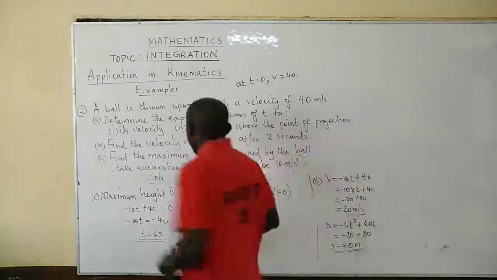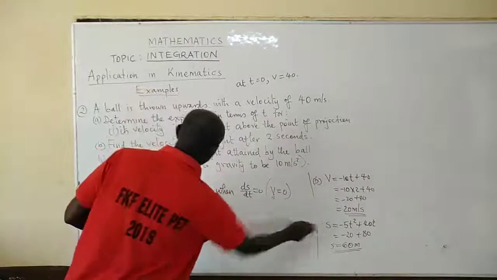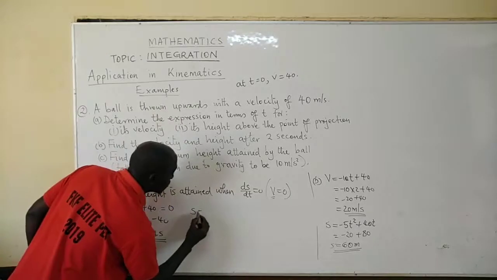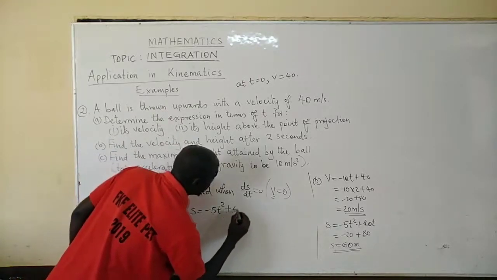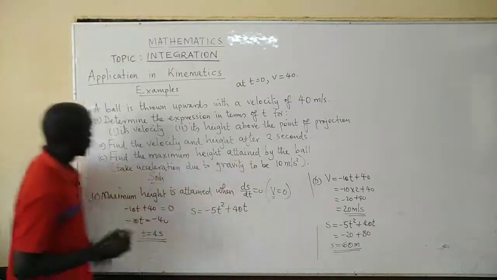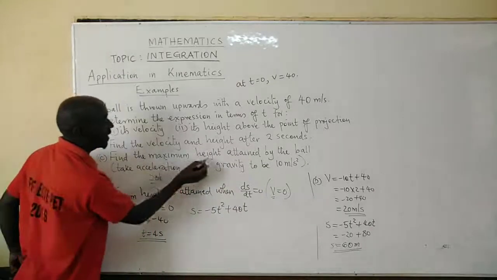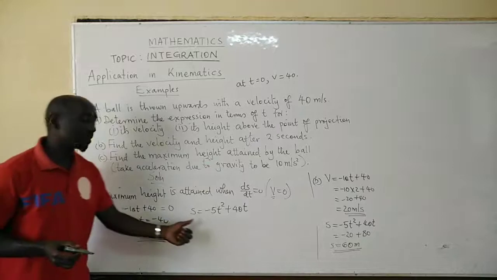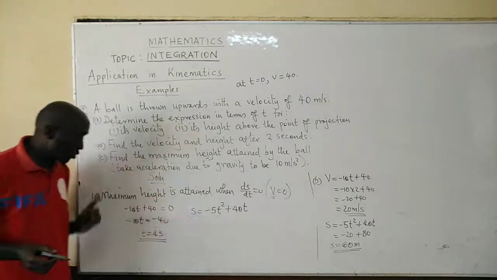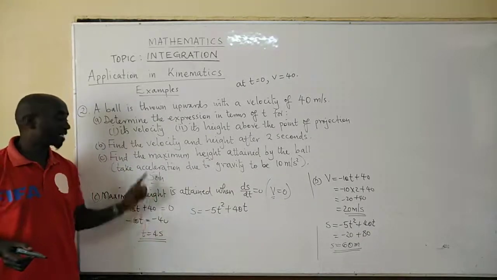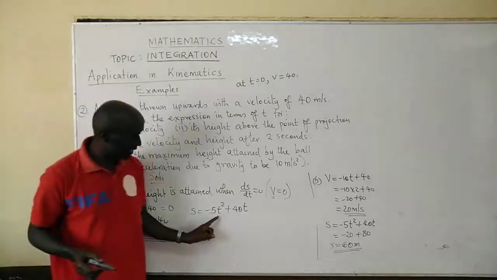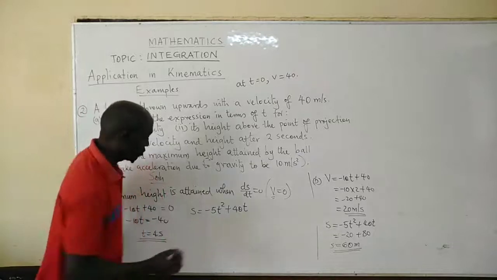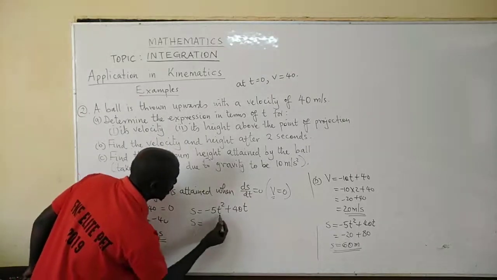And we already have the expression for height. S is equal to minus 5t squared plus 40t. So the question is find the maximum height. We have the expression for height, and we know at what time that maximum height is attained. It is after 4 seconds. So you just replace t with 4. So we will have S is equal to